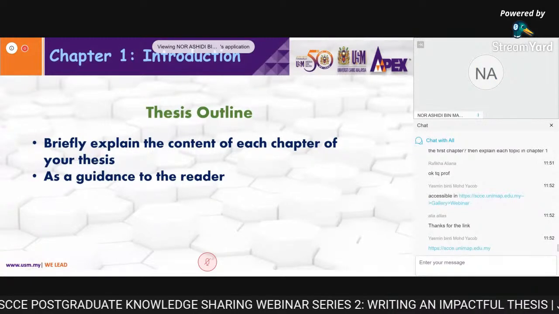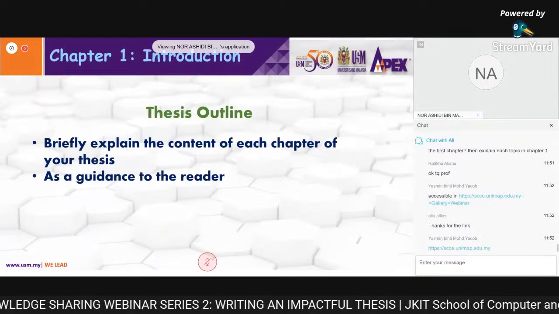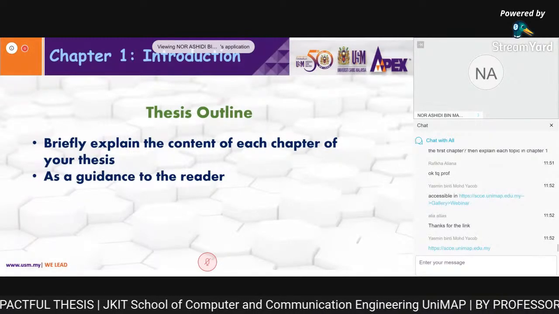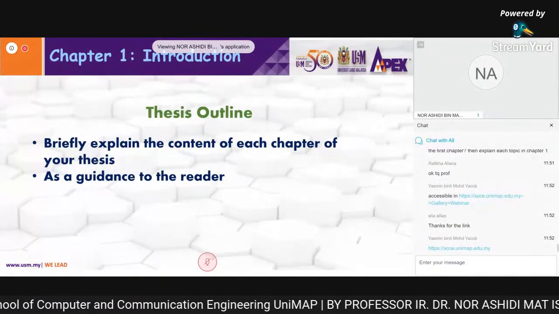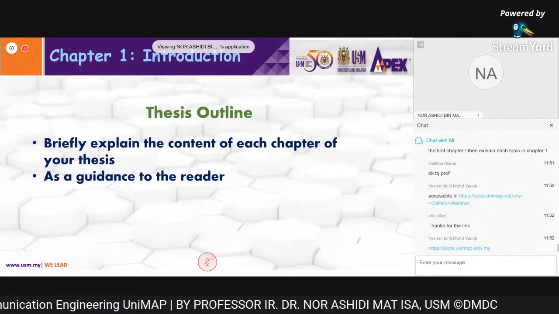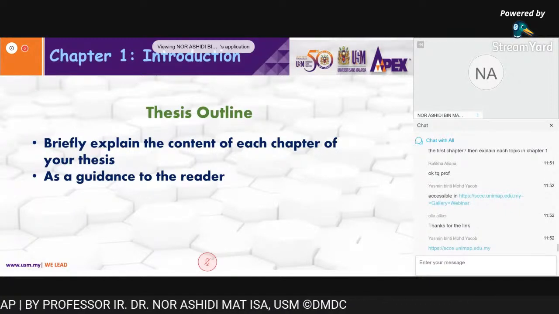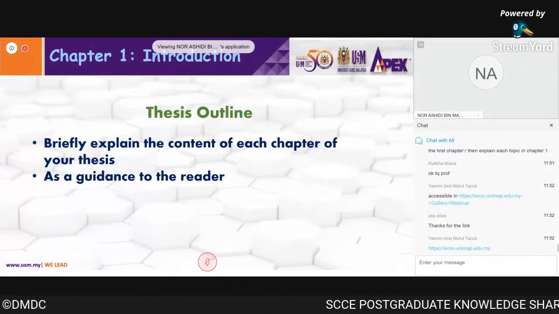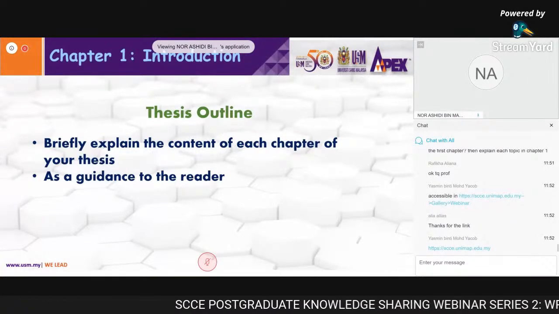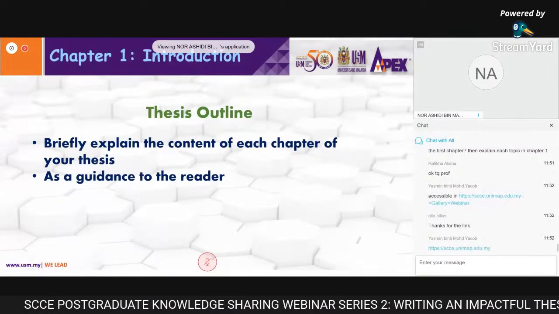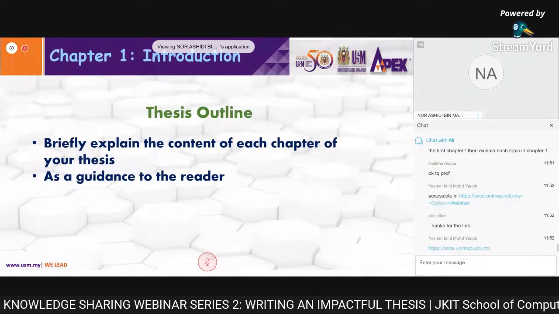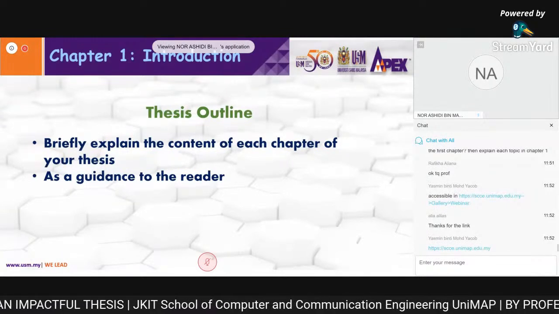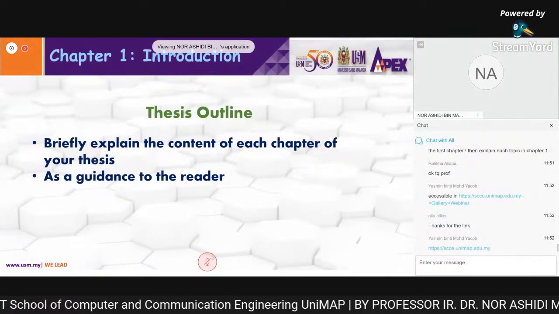For me, I will not allow my student to use we, I, you, whatever. Because as a supervisor, I cannot claim that the research belongs to me, because the research is totally done by a student. Maybe I help him or her in terms of where they start here and there, but totally the whole thing actually comes from the students.